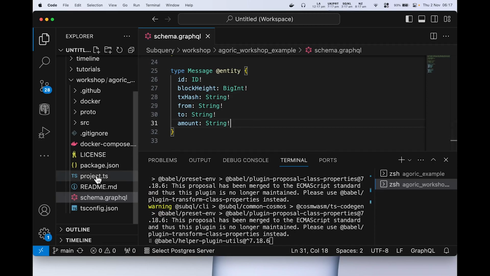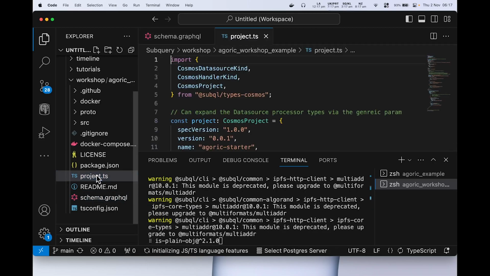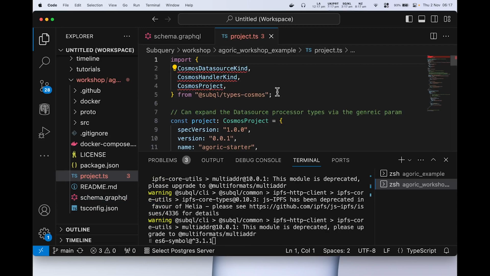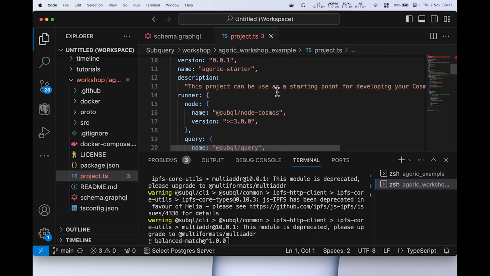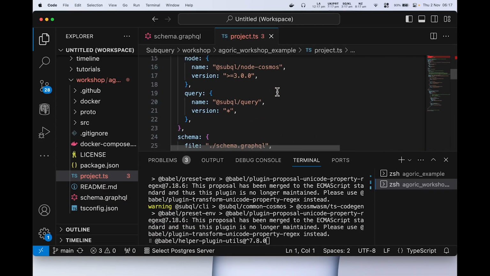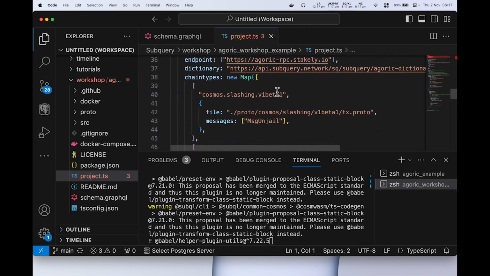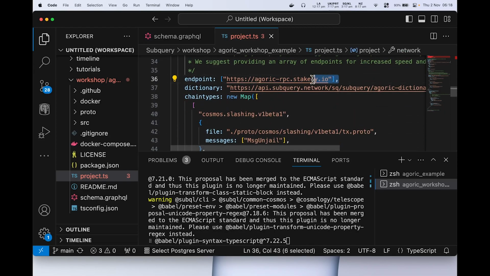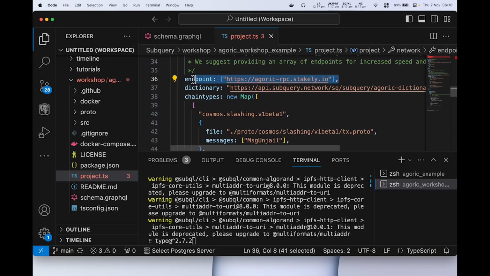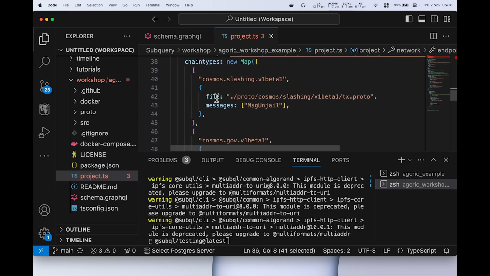And then remember I talked about the manifest file, which is this project.ts. This file defines the endpoint of where you're going to get the data from. This is the RPC endpoint that we're using, and many of you may be familiar with this. And then also down below, we've got the filter